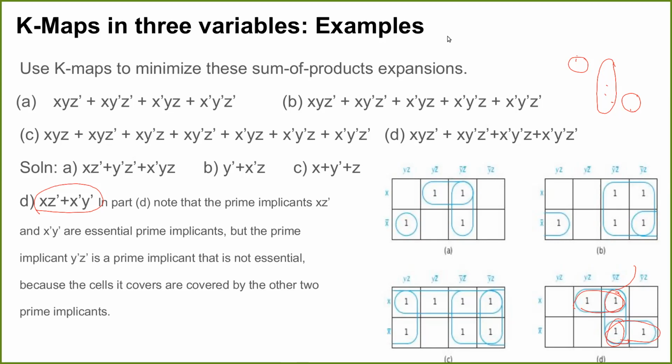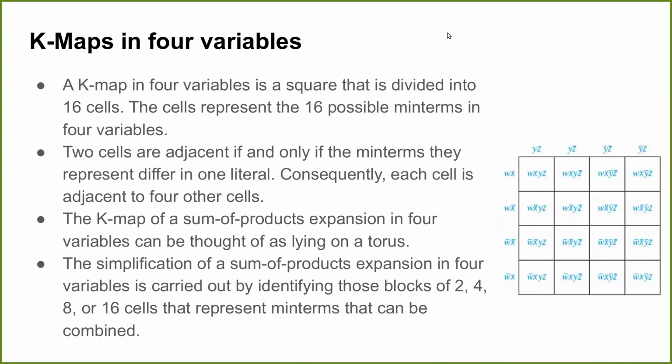Okay, great. So let us move then to the 4 variable case, which is kind of the maximum practically doable using K-maps. In this, like in the 3 variable case, you put in all possible combinations of 2 variables on one side. Now the other 2 variables also, you put all combinations on the other side. As a result, you have 16 possible cells representing 16 possible terms. The logic of adjacency is still the same. 2 cells are adjacent if they differ in only 1 literal.